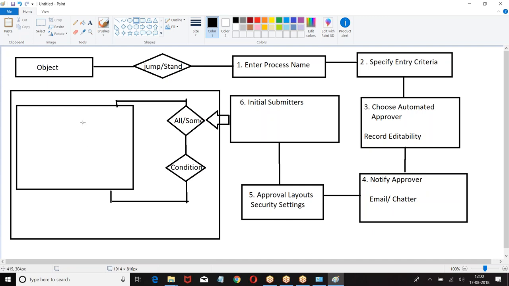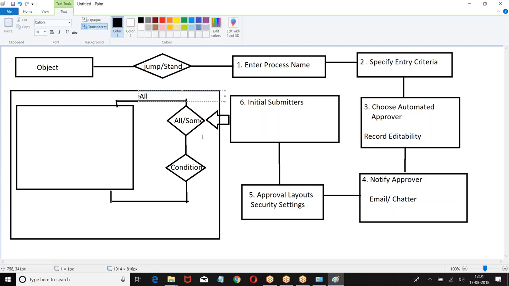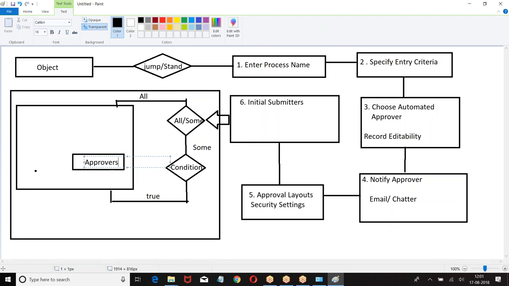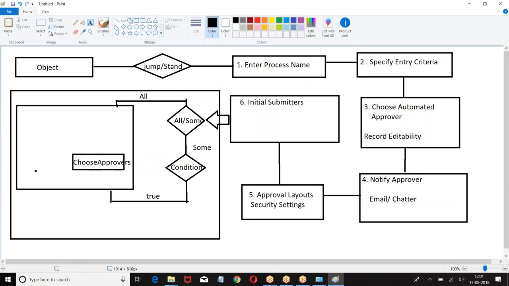Now, all or some. When they are true, then choose the approvers. An approver can be a single person or a group of persons. Choose approvers.